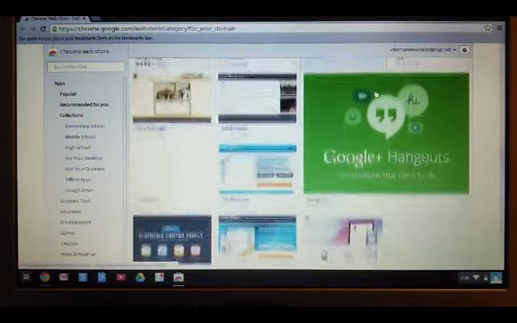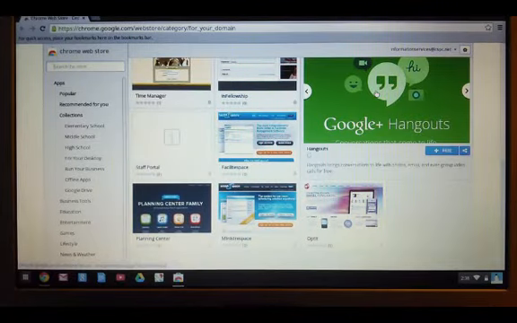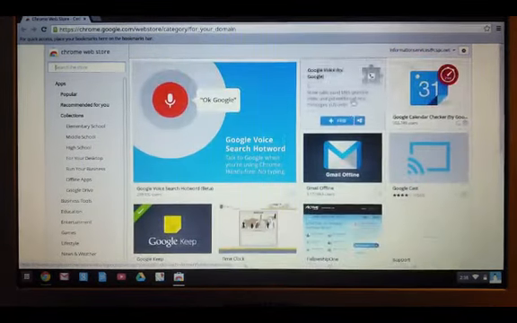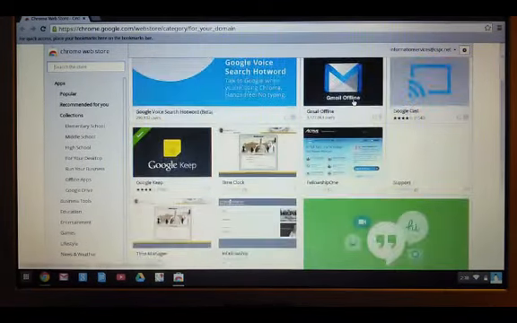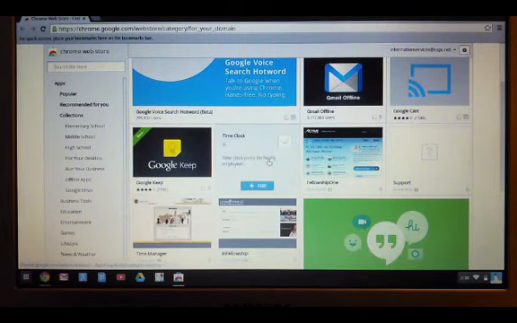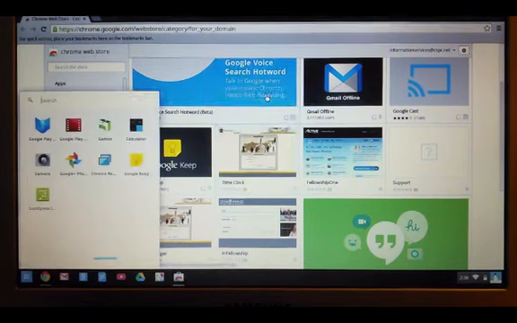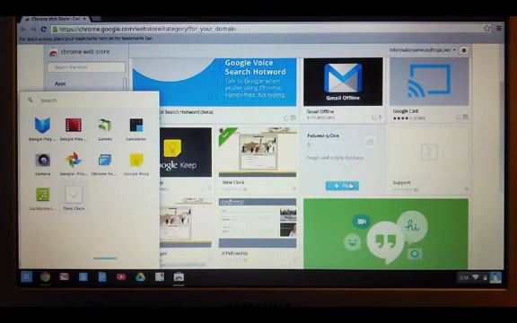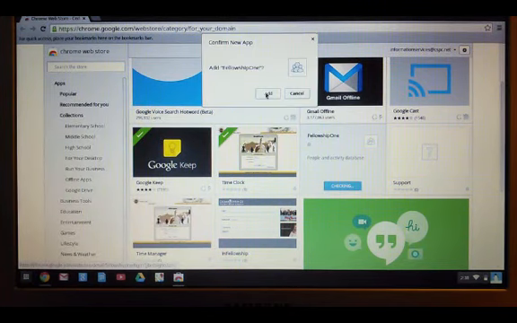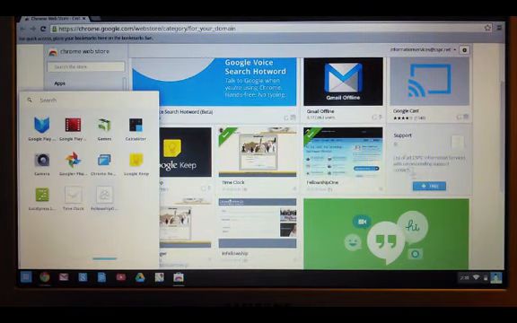So there's all kinds of things. And I've put apps in here that I recommend because I like them. So let me load some of the custom ones. I'm just going to mouse over Time Clock and click free, add, and just the same for Fellowship One, free, add, Support,